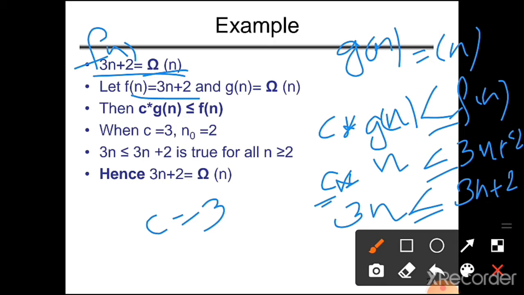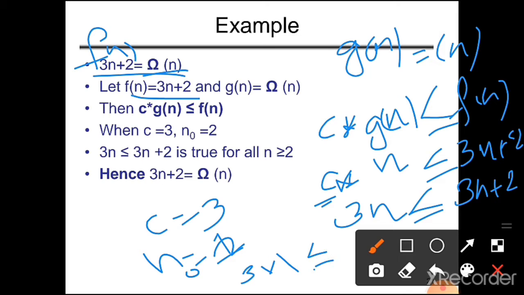values of n. We look at the values of n. What are the values of n? Assume that n naught is equal to 2. If we give n naught equal to 1, what happens? If we give n as 1, then 3 into 1